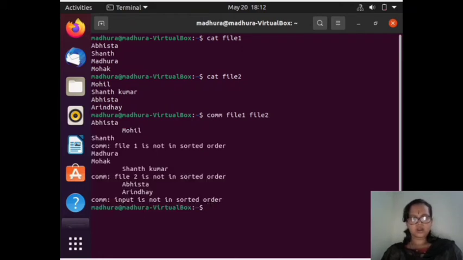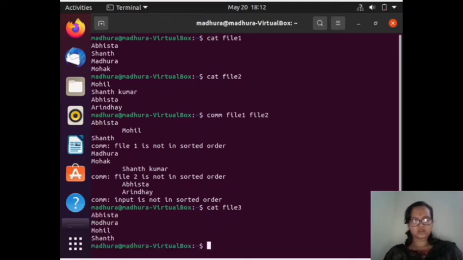I will get the output saying that file 1 is not in sorted order. Remember, in our previous session we discussed that if you want to perform the com command, your file should be in a sorted manner, then only it will give you the output, isn't it? So now we will move on to one more file, that is cat file 3, where I have given the data in sorted manner,